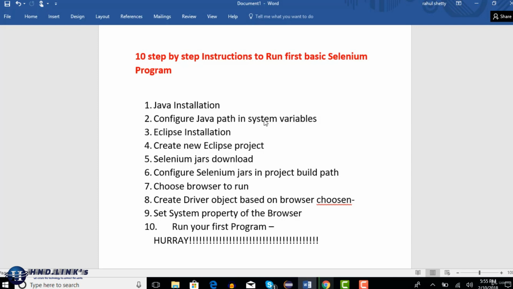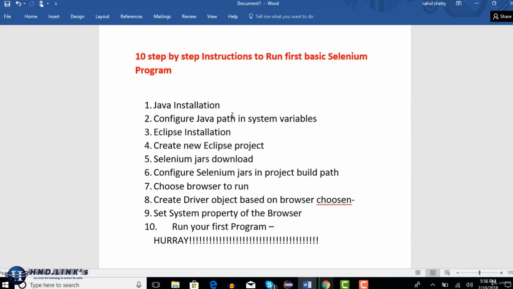So by default, Selenium will not have the knowledge to find where exactly Java is located in your machine. So it will directly come to your system variables, and here you have to provide where Java is located, so that it will read the system variables, identify where Java is located, go to that specific path and execute Java exe files to run your Selenium tests. So that's the reason you first have to tell where it is present.